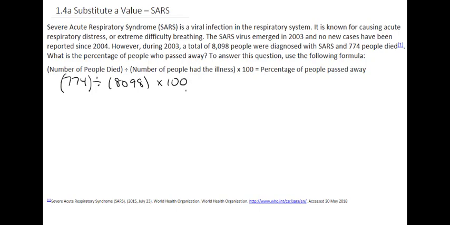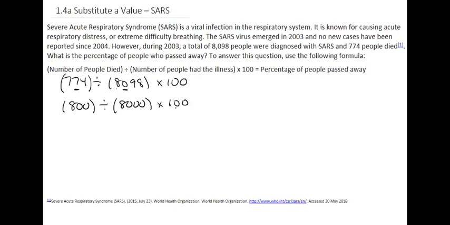And since we are not using calculators in this module as much, we are going to actually just round. So 774 people could be rounded to the nearest hundreds, which would be 800, because we're looking at that 7. So we have 800 here. And we're going to divide by the nearest thousands for this number. So here we have the thousands, we're looking at the 0, and you can see we're rounding down. And then we're going to multiply by 100 to give us the percentage.